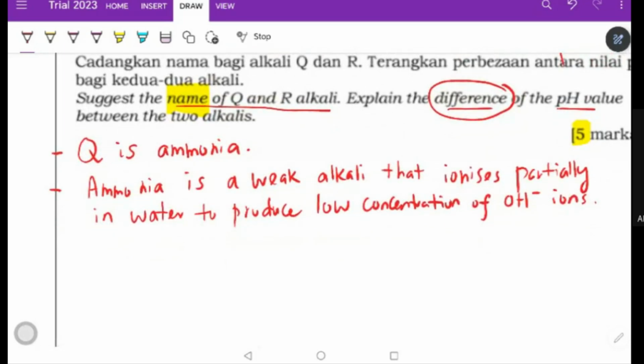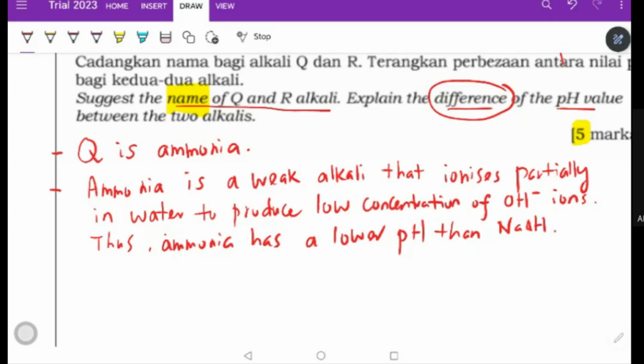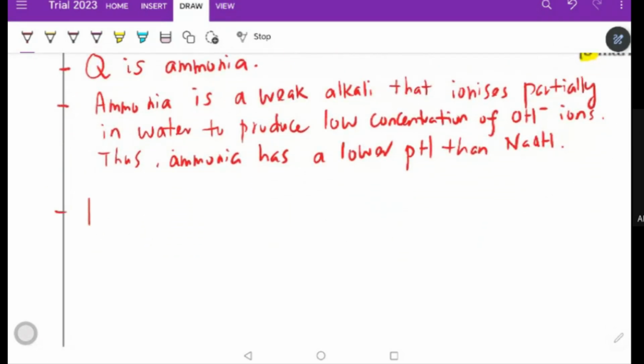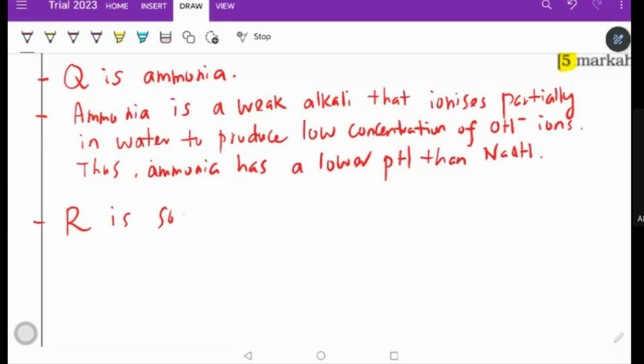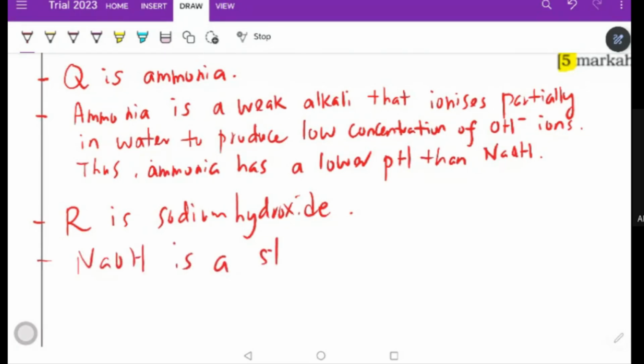So thus ammonia has a lower pH than sodium hydroxide. Then you can say R. Is it R? Yeah. R is what? Sodium hydroxide. So sodium hydroxide is a strong